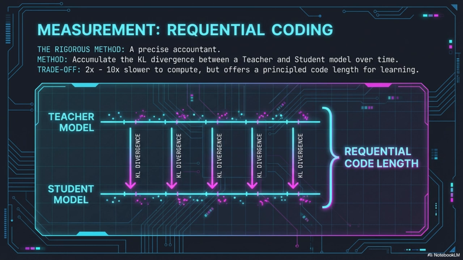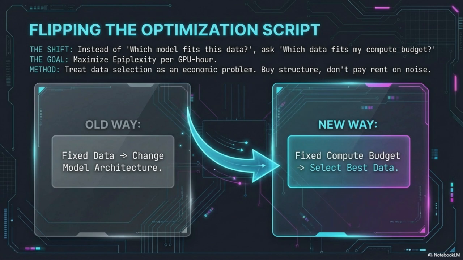So how do we estimate epiplexity just from the loss curve we're already looking at? Prequential coding basically treats the loss curve like a bill for the structure you still have to learn. The total area under the loss curve, specifically the area above the final loss, is a simple proxy for the learned structure, the epiplexity. That final loss value itself is just the time-bounded entropy, the leftover cost. So a sharp, fast drop in loss means you learned a lot of structure for cheap. Yeah. But a slow, grinding decrease, even to the same final loss, means you paid a huge compute cost for that structure.